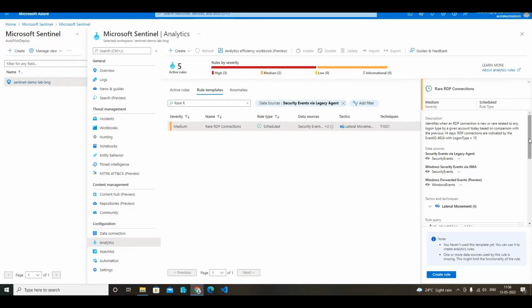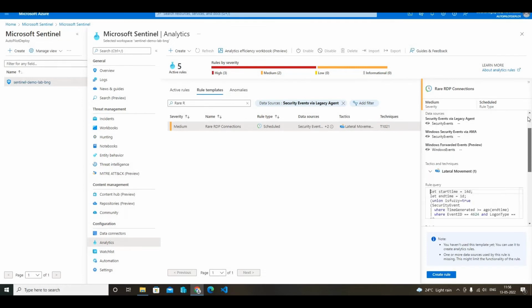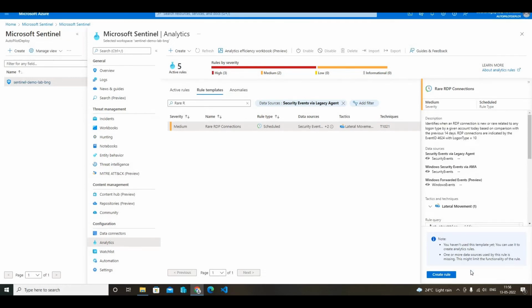What this rule will do is it will identify when an RDP connection is new or rare related to any logon type by a given account today, based on comparison with the previous 14 days. Okay, so this is the description of this rule template. Now you go ahead and click on create rule,